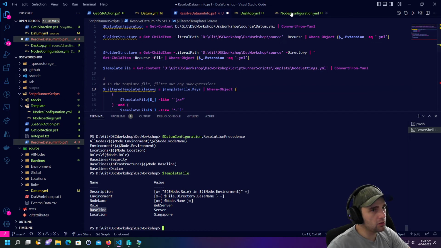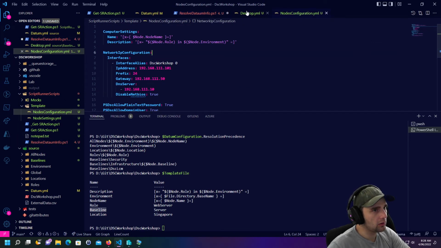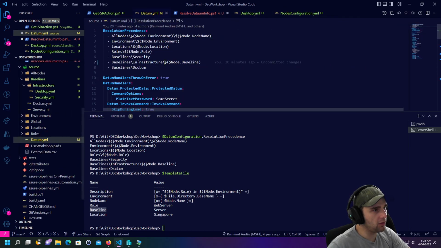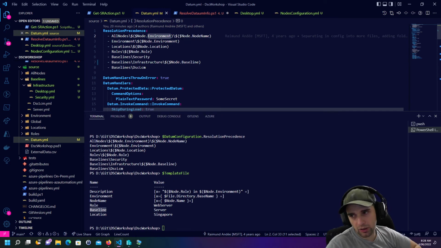So those would have to be parsed. So like environment, if you've got node name, you'd have to parse environment to get the whole thing to work. What we could do